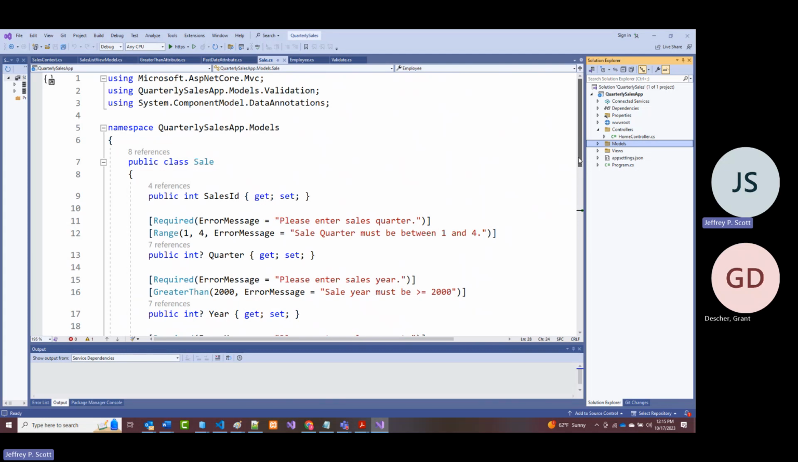Then we will add a sales controller. And then we will add a validator controller. So we will have one of each of these. The good news is once we get all that stuff done, and then we go in after doing that,